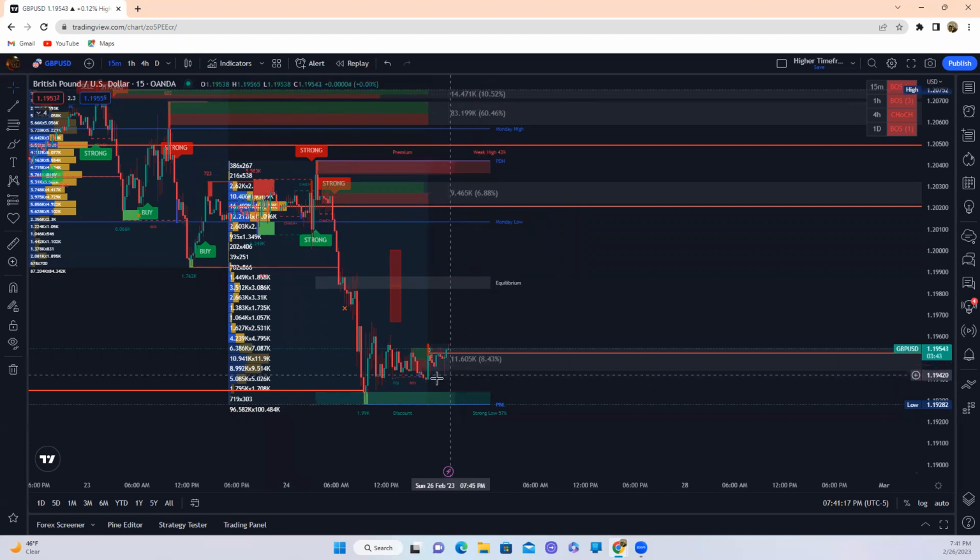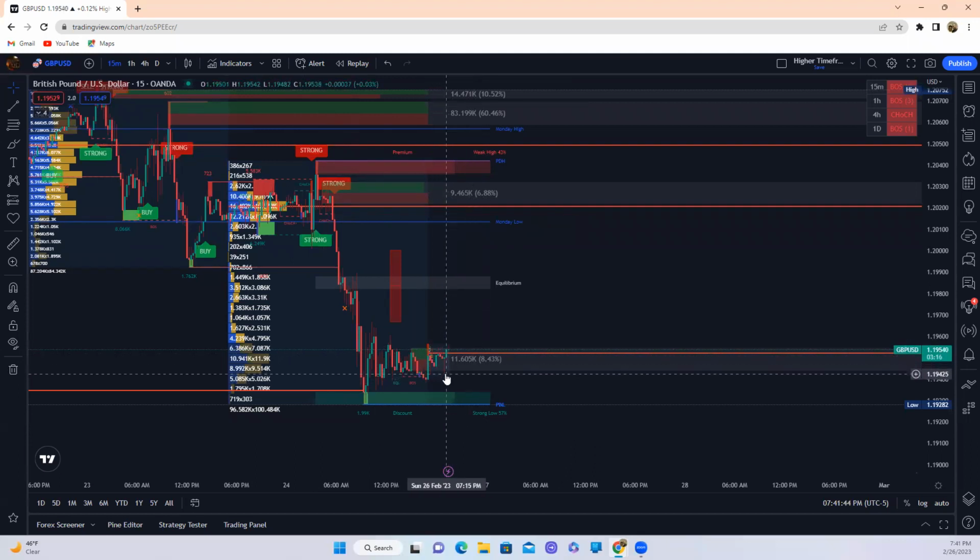But what we want to see is price break out of this order block to the upside, because again, level of effort. Then we'll know what type of order block this is and how strong or weak it is, based on who controls it. Again, level of effort. If this order block stays where you've got more sell activity and it pushes,